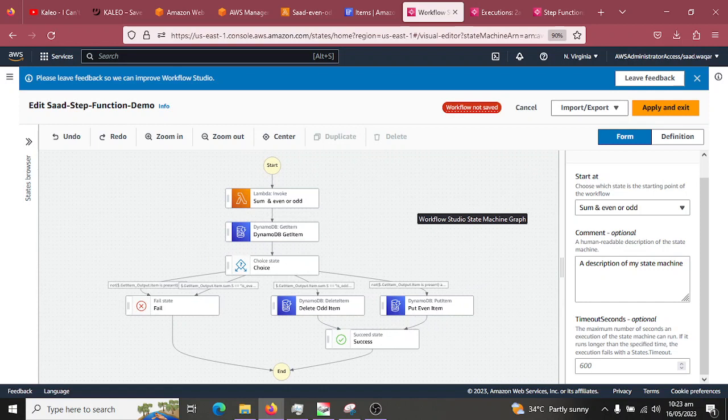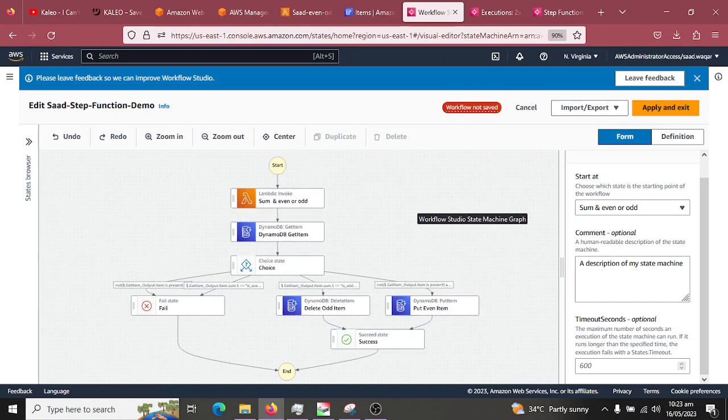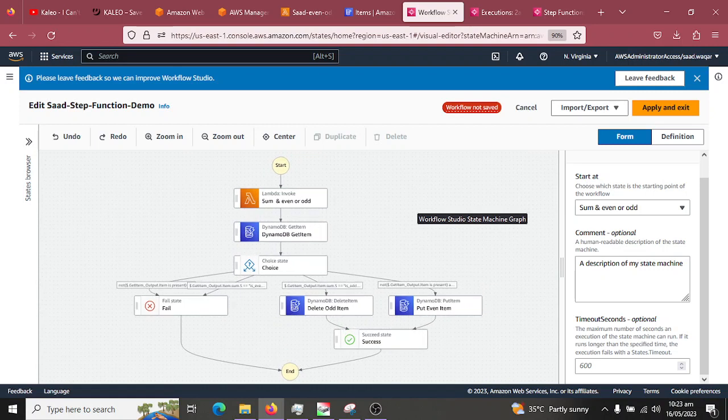In this demo, I will be discussing the orchestration of workflows using AWS Step Functions. We can use a number of different AWS services to create our own custom workflows depending upon the service requirement. In legacy systems, we only used to have Lambda available, but now we have hundreds of other AWS services available to us,